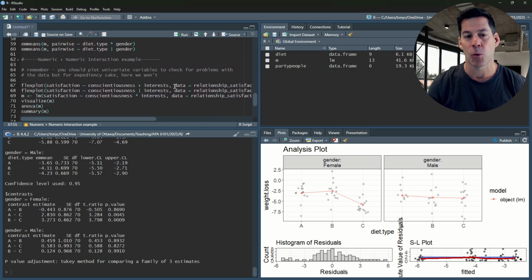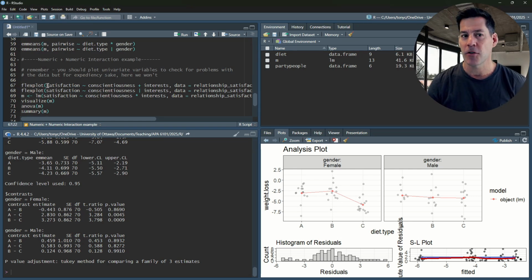So you don't have to worry about loading up this data set as long as you've got the FlexPlot package loaded. Remember that we typically want to look at the univariate distributions to see if there's any problems with our data. I'm not going to bother doing that. I've just shown it to you in the last two. I know there's no real problems with this data set. So we're going to go straight into